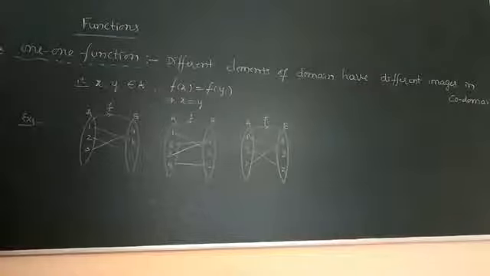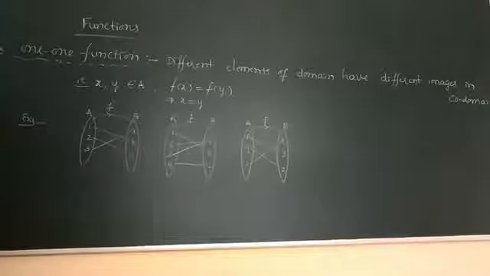The set of elements of A is called the domain. The set of elements of B is called the codomain. The set of images from A to B is called the range. Also, we already know that the range is a subset of the codomain. Today we also discuss the specific types of functions that we already studied in first year class.